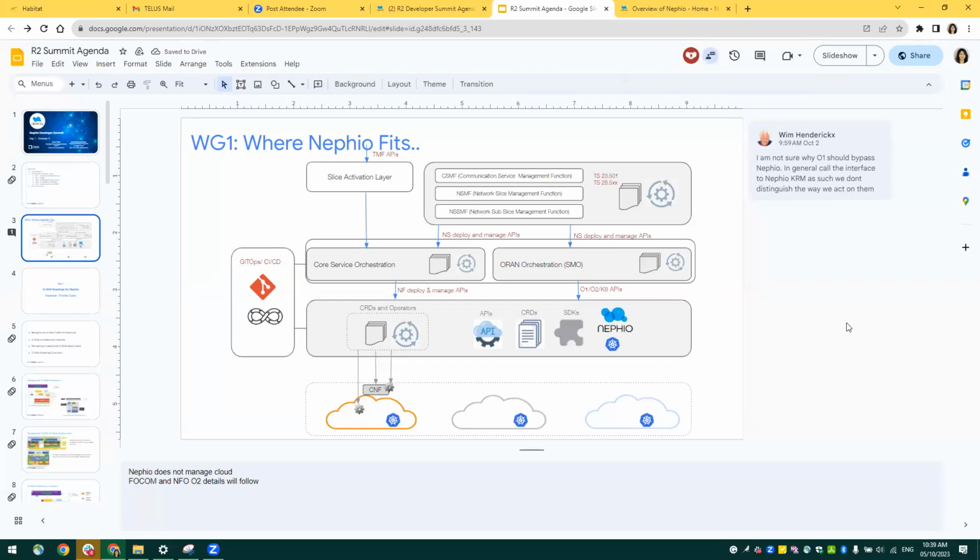Kandan and I also spent some time on it yesterday. When we were talking about the SMO, we know that there are things in Nephio. For example, the NFO and FOCOM functions are actually handled by Nephio. So I thought, let's draw a small icon of Nephio here, because Nephio is actually represented in a small module of the overall SMO architecture. And then we removed it, because we felt that's not showing that Nephio is doing all of it. Of course, it's doing a very small part of it right now in its scope.